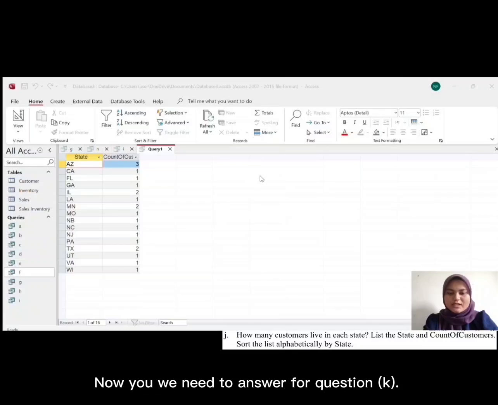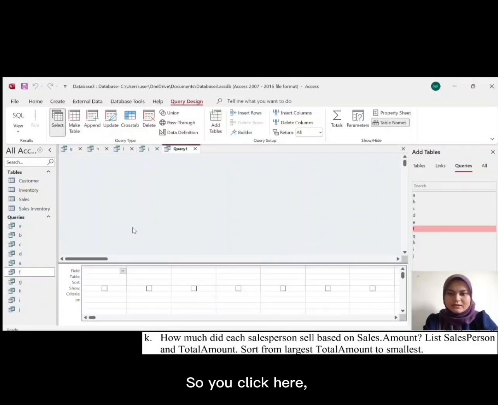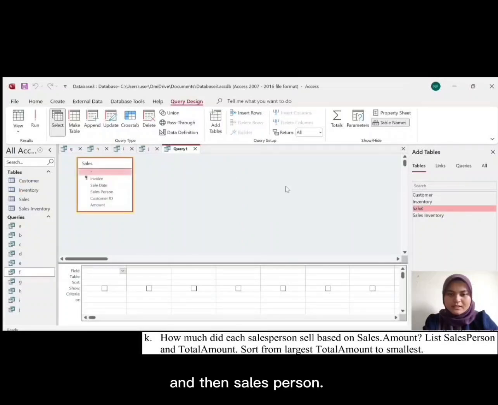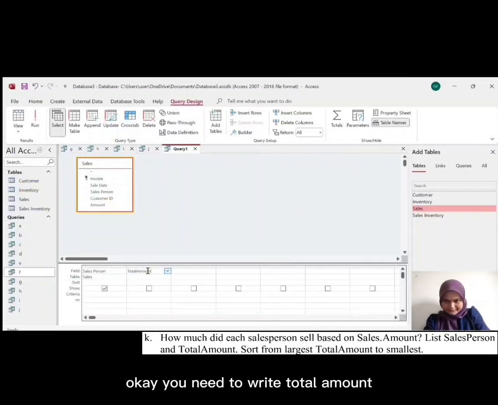Okay, now we need to answer question K. So you click here, you choose sales, and then salesperson. So the next row for the field, you need to write total amount.